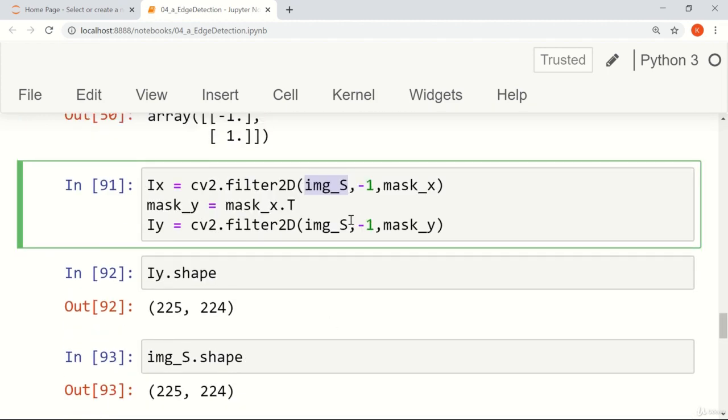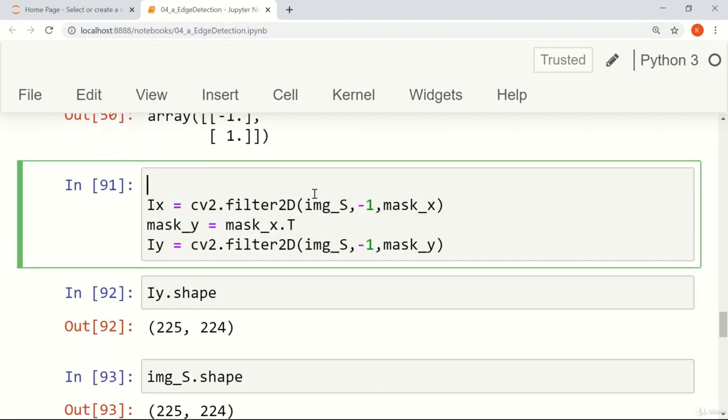And it is always great to make this habit: whenever you are working with images and you have to perform certain processing, it is always safe to first convert the data type to a floating point number or some data type that can handle negative values. In the process, the image will go through a lot of intensity transformations that require floating point numbers or numbers with negative values to be stored inside the matrix and treated as a matrix or an image. So it's always good to